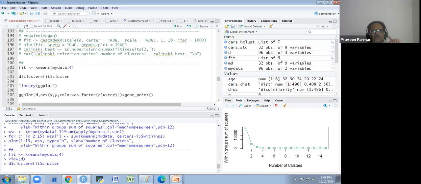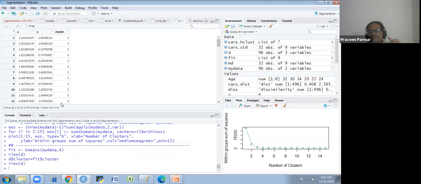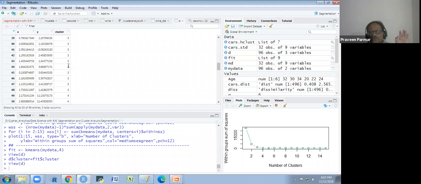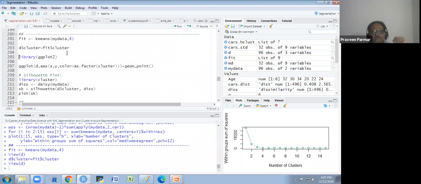So this output I will get here in the D. If I show you the D again, you could see it. There is a cluster. So this will go to the first cluster, the third cluster. It will go to the third cluster in this way. The second, and the 1 and 4th cluster and 2 cluster. So it is going this way. So it is showing me in which cluster it will go.